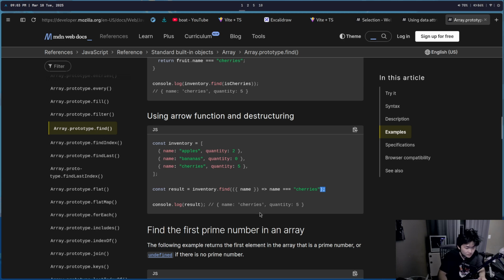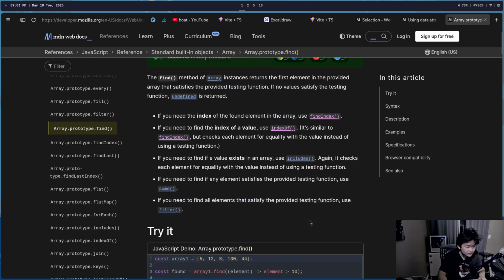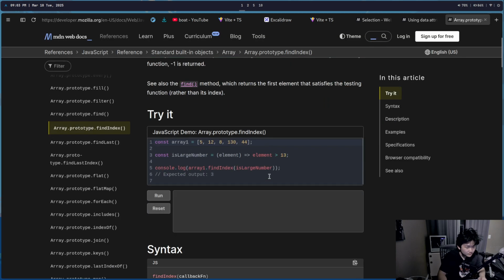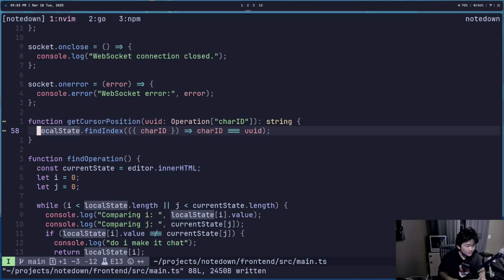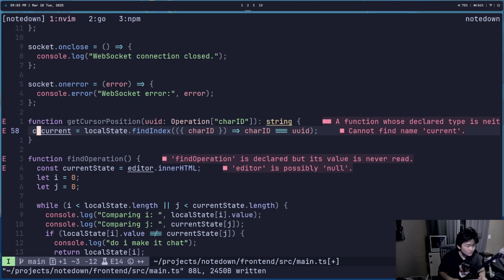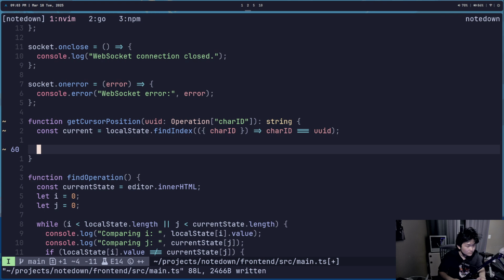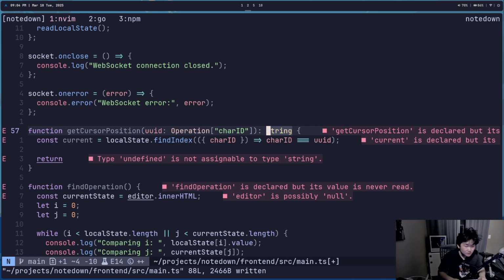Actually, I want the index actually. Fine. Oops. Current, return. Okay, I'm not returning a string. I actually want, should I return the, what am I returning? I found the index to return me current